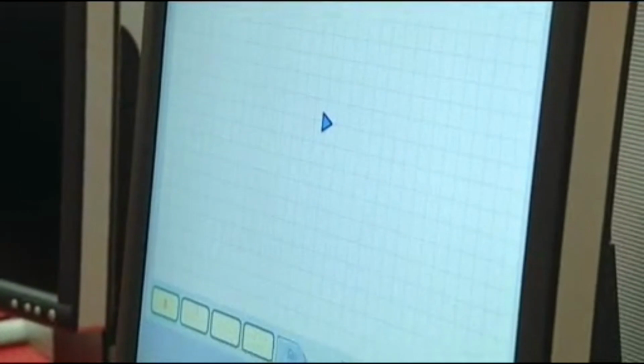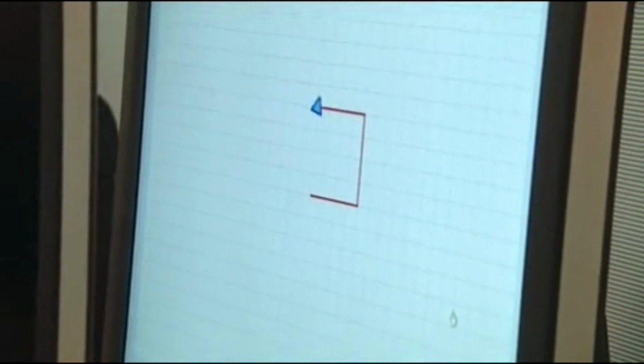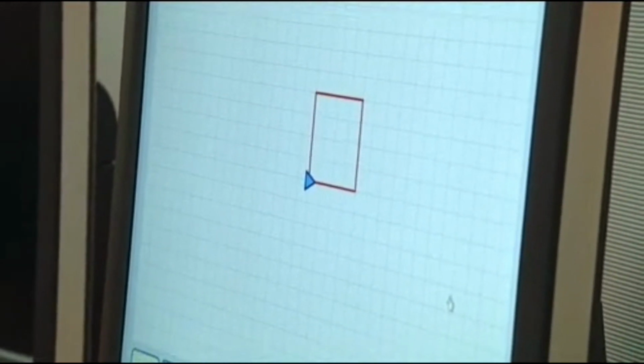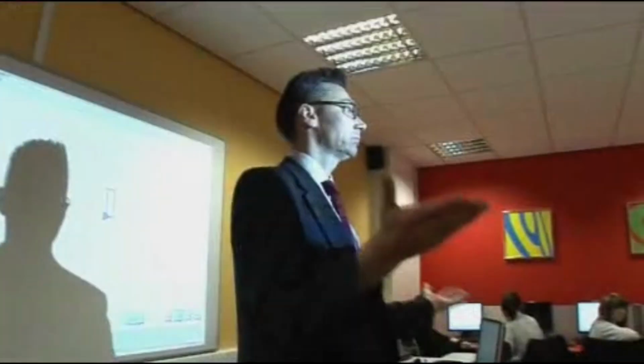Take a guess, right? 4. Just put it all as 4. Just have a guess. See what happens. 4 to 4 to 4 to 4, which is a cube. Because each side is the width, the breadth, the volume. So, what does this software do?